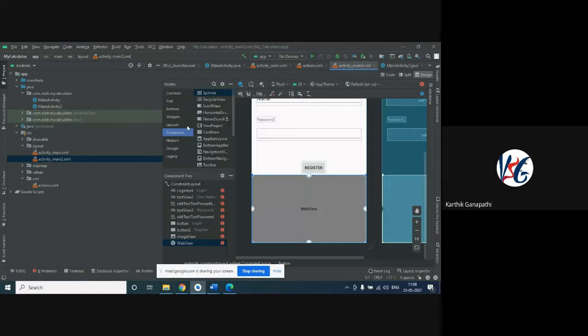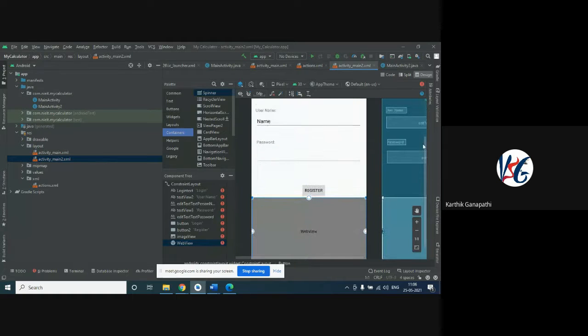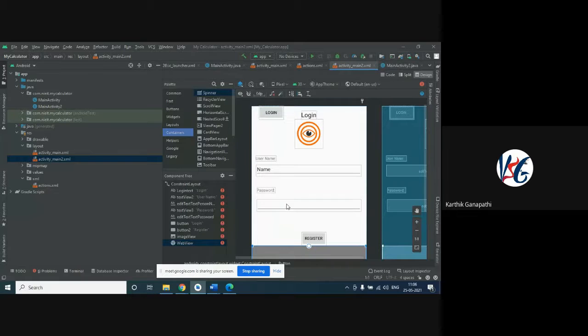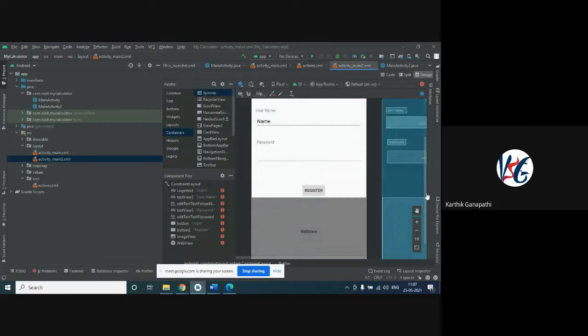Next comes the scroll view. As I explained, we have two types of scroll. One is the vertical scroll, as you can see here. If we use this type of vertical scroll, whatever contents we have inside this layout can be scrolled, and the contents at the top and bottom can be viewed using this scroll. It is something like the scroll option on your mobile, where we can easily scroll to view the top and bottom contents.